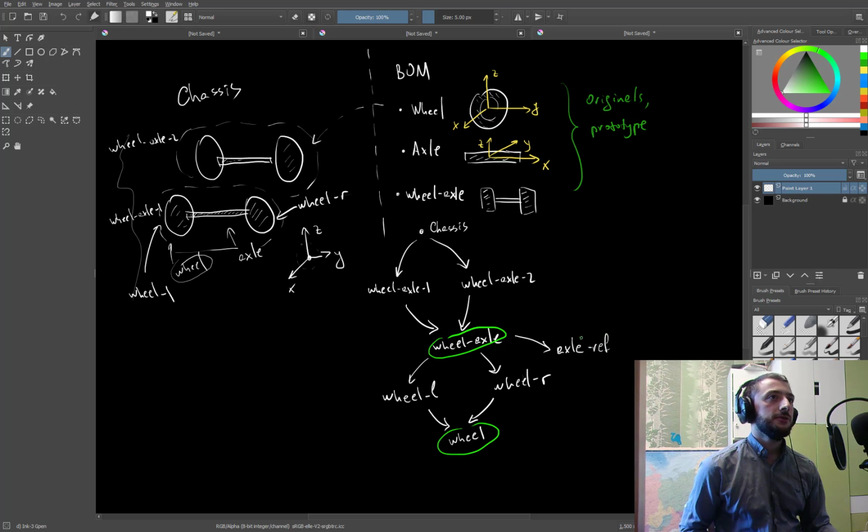Because I need to take my axle from its local coordinate system and give it some placement in the wheel axle subassembly here. So it's going to point to this axle from my bill of material. And that's going to be another prototype. There we go. So basically, if you look at this hierarchy here, what is called a hierarchical assembly graph,